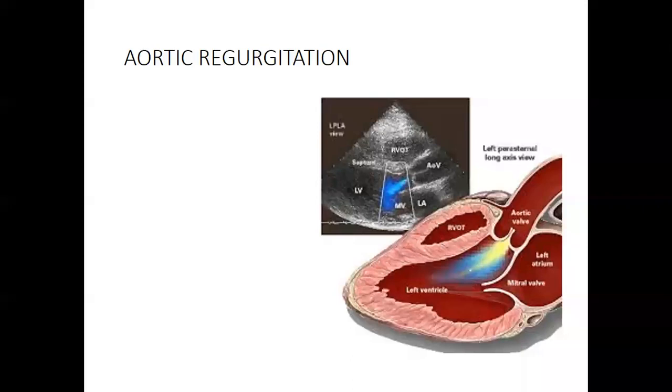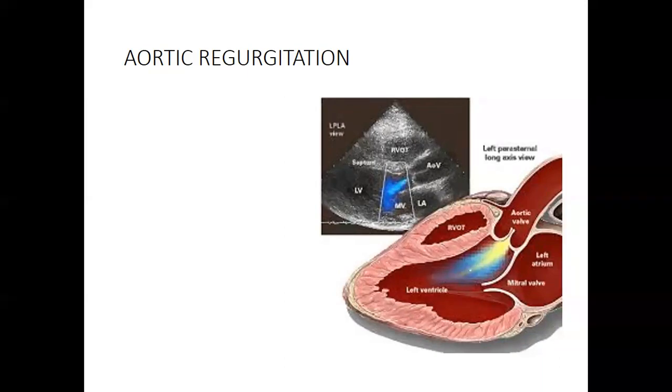So this was the management of a patient who suffered from aortic valve stenosis. And now we'll come to aortic regurgitation, because the valve can be stenosed or the aortic valve can be regurgitant. So both have different pathophysiology. In aortic stenosis, there was stenosis of the valve and impedance of the blood flow from the left ventricle towards the aorta.